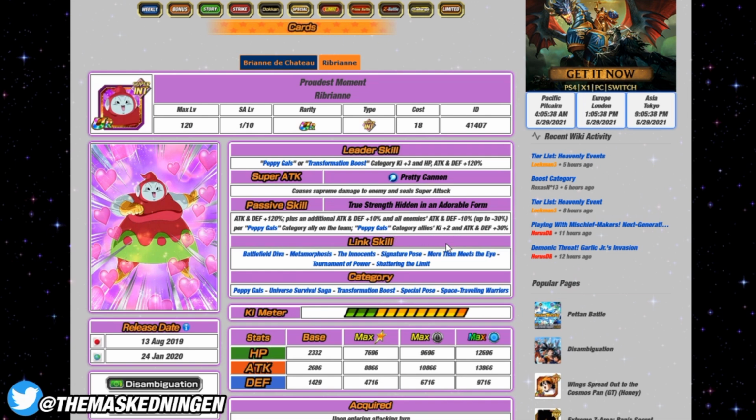So as long as you have 3 other Peppy Gals on the team, well, actually, I think it includes her. So 2 other Peppy Gals. You're giving the enemy a 30% attack debuff. She's getting a decent buff to her defense as well. She seals on super attack, so she can be very useful. But like the Toppo, you do kind of need to build the team around maximizing her if you want her